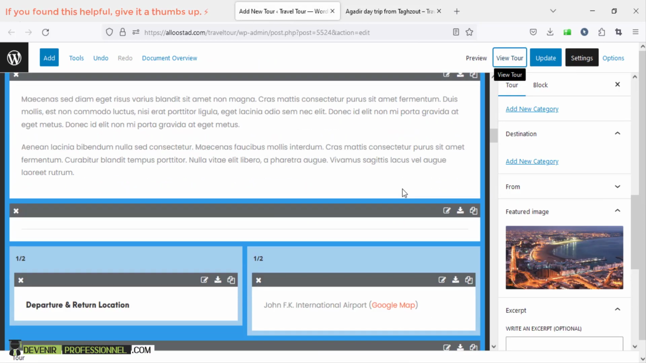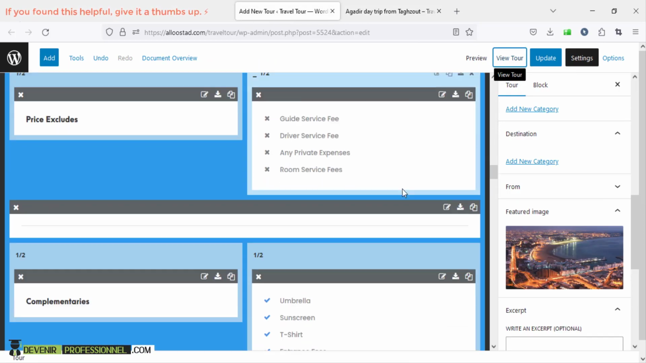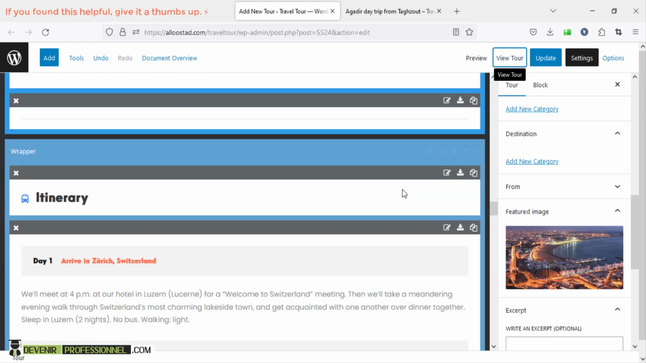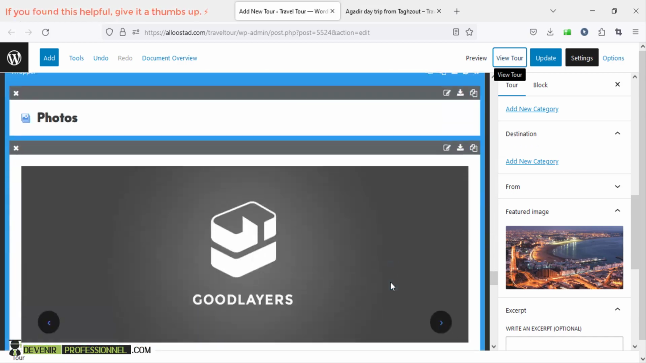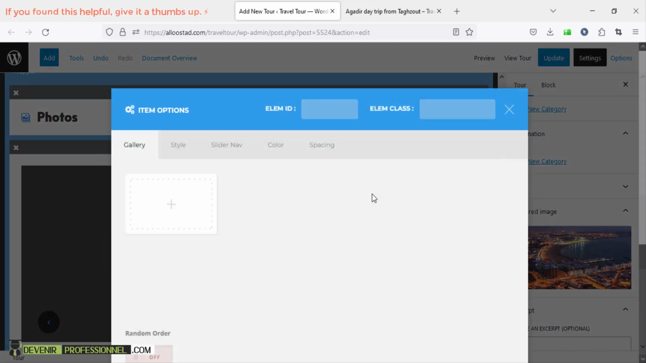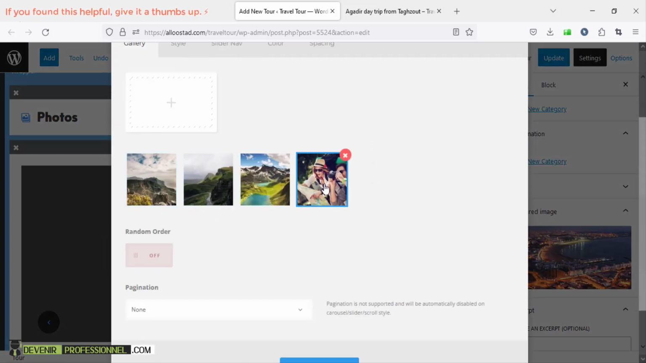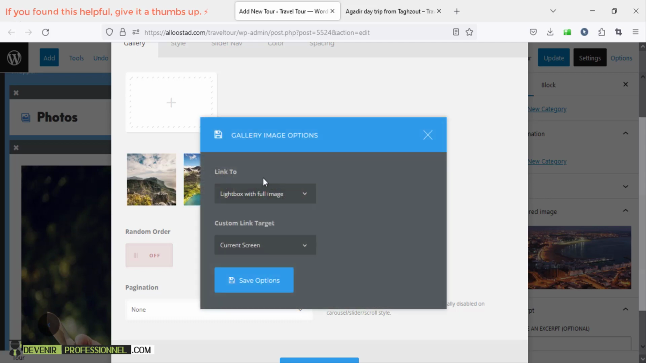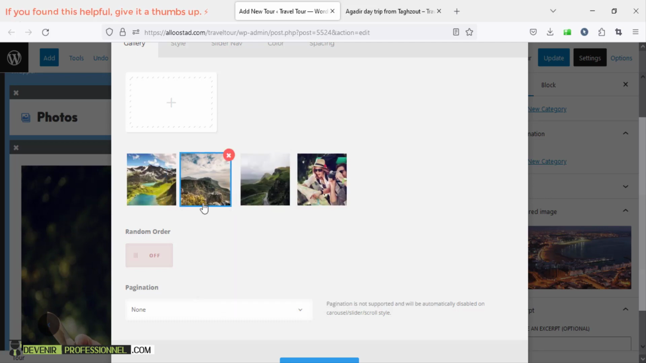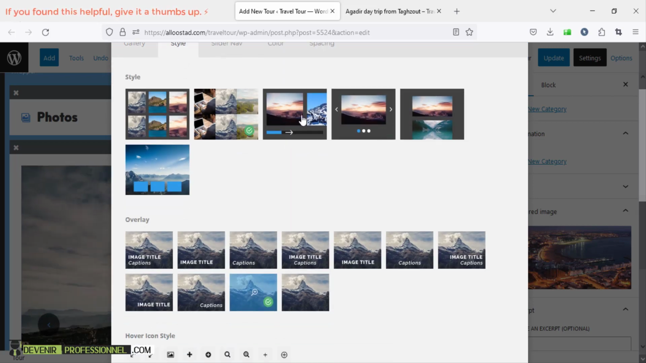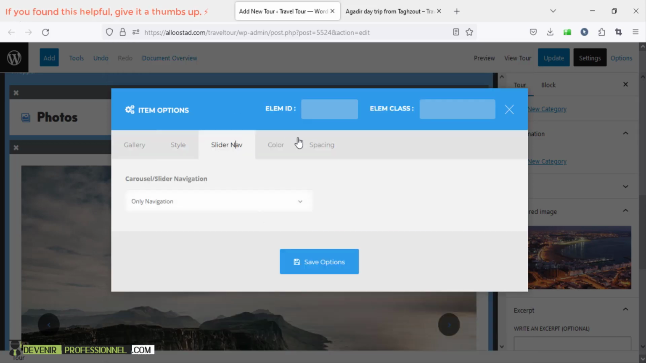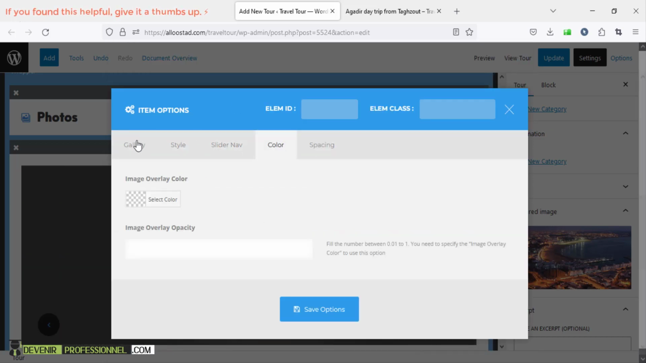So if you want to edit anything here, you need just to click, for example, for the gallery, and you just click on this little icon. Here I have my image. I can change the position of the image, as you see. I can change again the style of my gallery, the color,